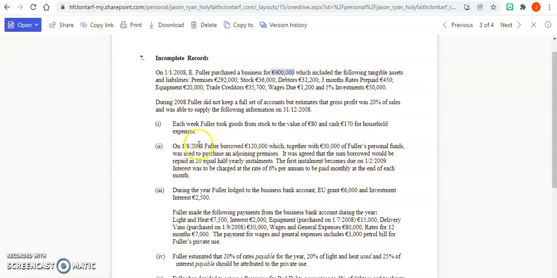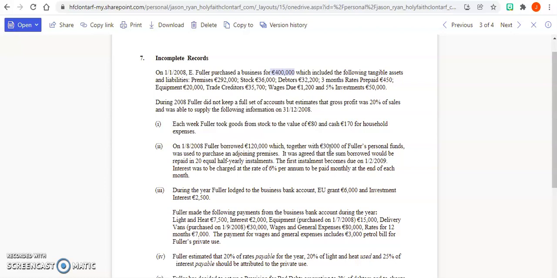He borrowed 120,000 and with 30,000 of their personal fund he used to purchase an adjoining premises. So we need to increase our premises by the value that we bought. This 30,000 then is going to be your capital. So we need to increase our capital by 30,000 because he's introduced it from his personal funds, so he's put